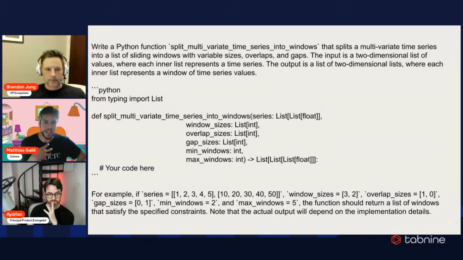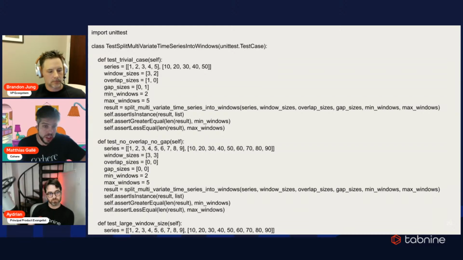In order to evaluate that the model is actually able to solve this problem, when we get this type of data, we associate it with a list of unit tests. So I'm giving you a few here. This uses a library in Python called unittest. And so it has a list of tests. Here you can see 2, 5, which test different use cases. And then you see all those assertions.